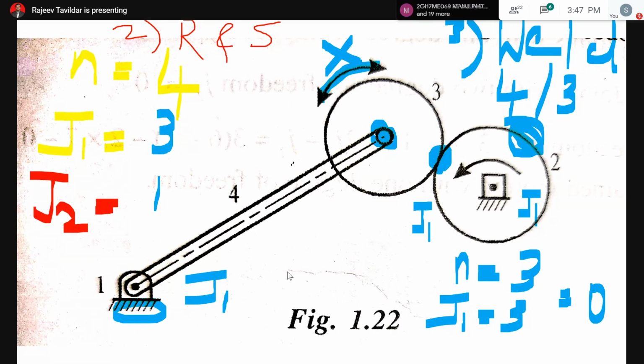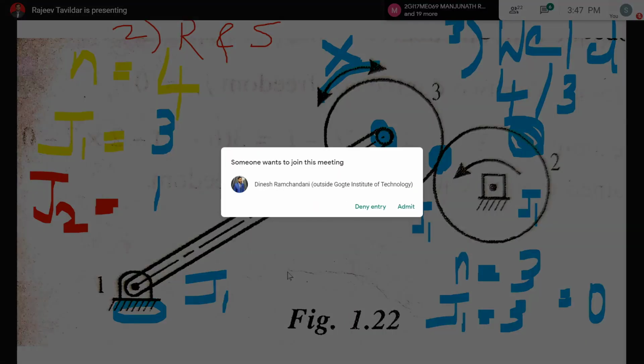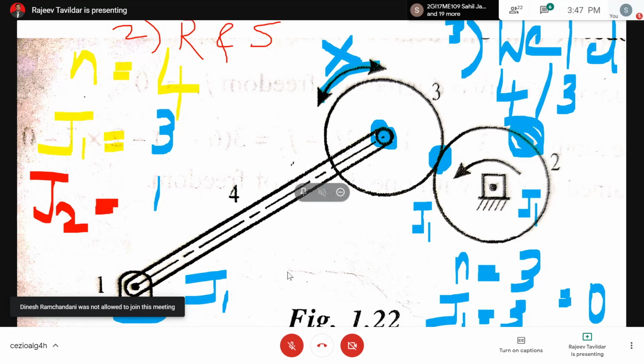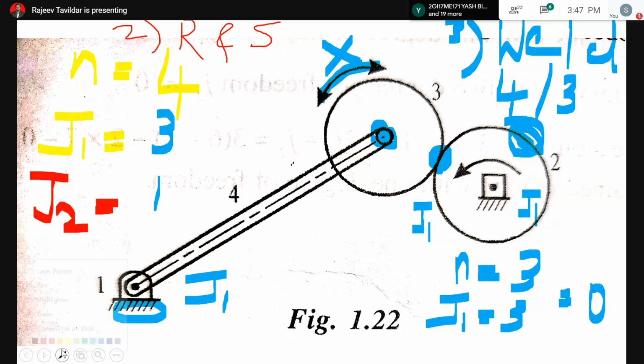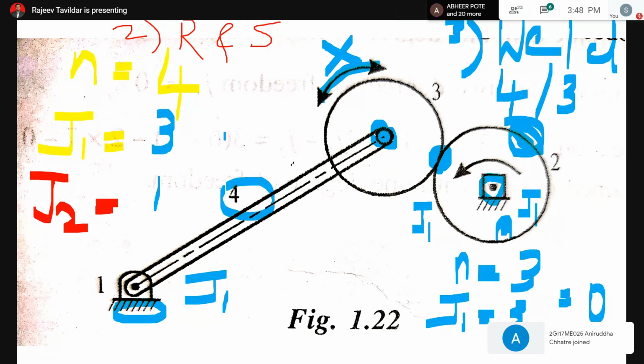How is concentric coming into the picture here? No, sir. Like the second link that you mentioned here, that is connected to the ground at exactly the center, or if it is some offset, then there will be one more case, right? No. Even if it is offset, see if I make this offset here. Okay, good point. If I consider, instead of this point, if I make it here, then when link 2 is rotating about this point, what will happen? This connecting rod 4 will have to oscillate in this direction.